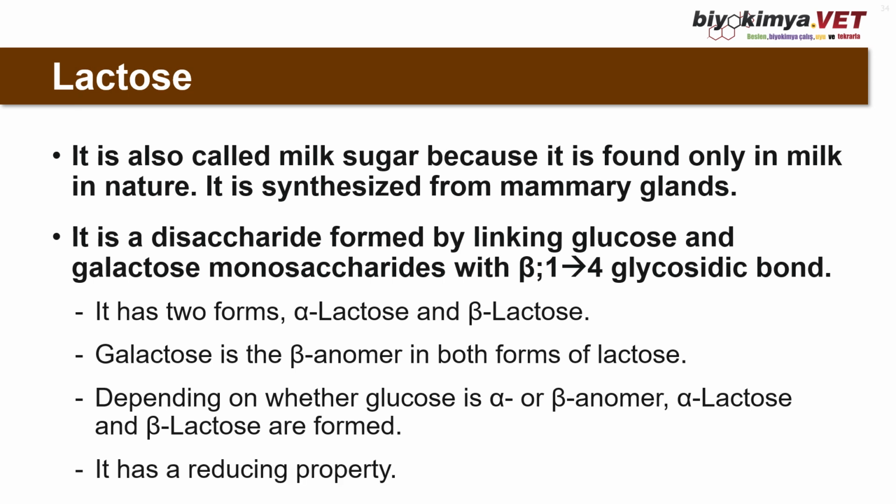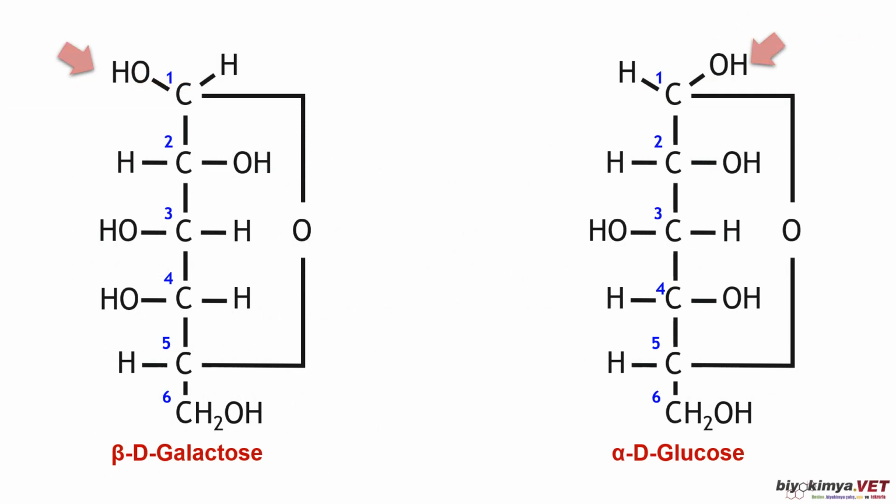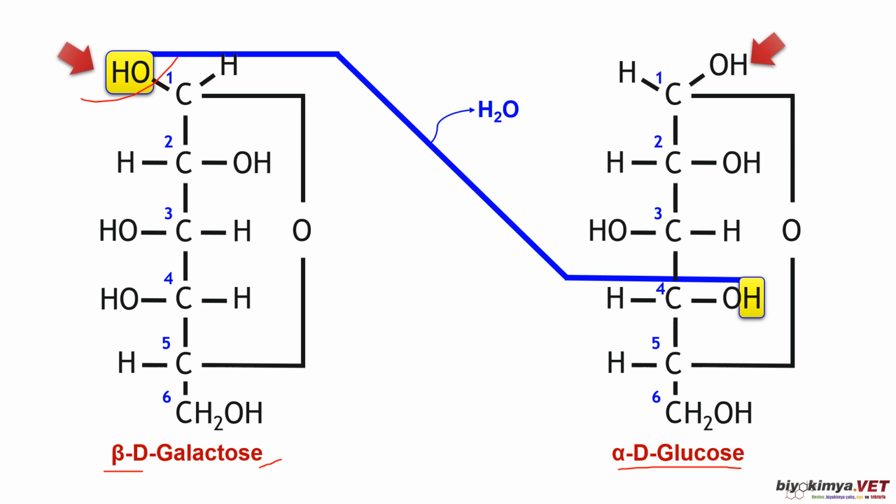And it has a reducing property. So this means lactose, cellobiose, and maltose, they all carry maltose type bonding. Here the galactose is in pyranose form. Actually, this is beta D-galactopyranose. And here the alpha D-glucopyranose. And the bond is always the same. So always the beta galactose donates its hydroxyl group to the bond formation. And glucose donates its alcoholic group at the fourth carbon, a secondary alcoholic group, removing water, which makes it the beta